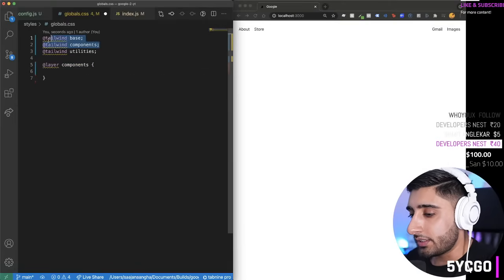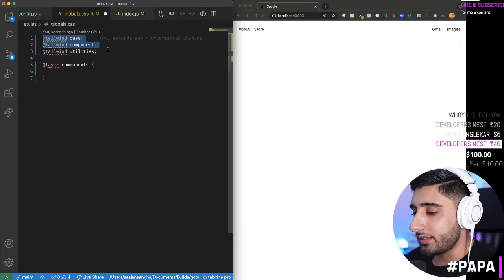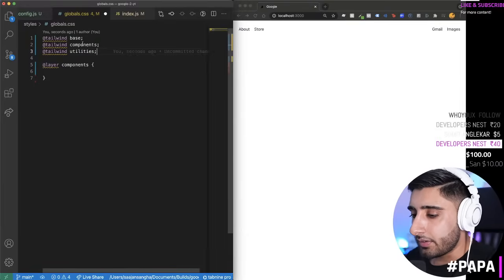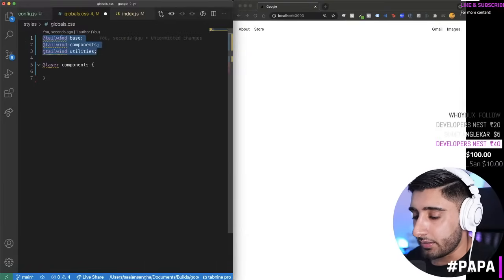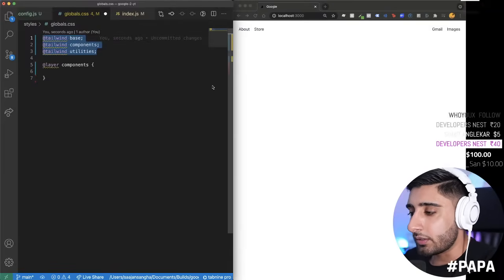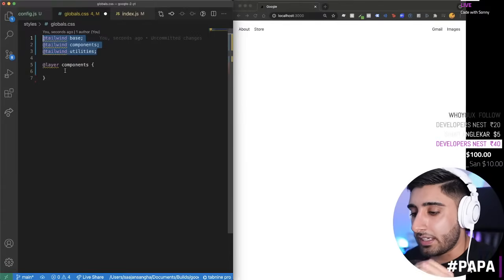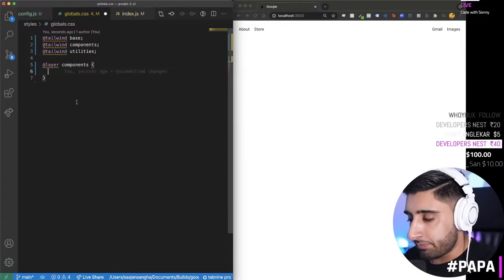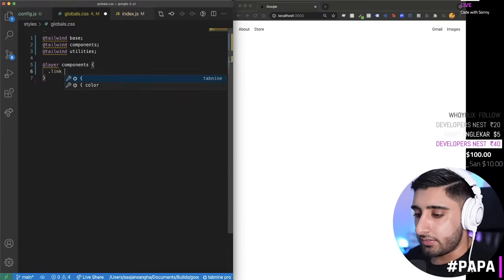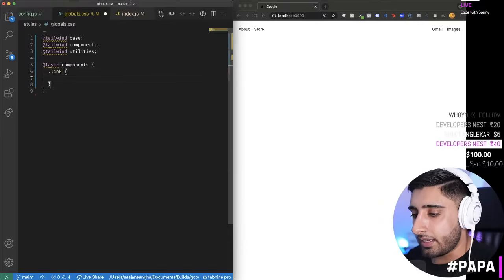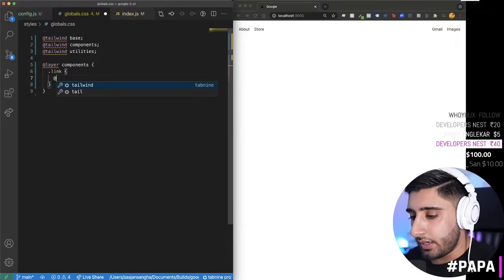You can watch the Tailwind CSS video if you want to understand that a little bit more. But basically these are the base classes that it comes with when we install Tailwind, the classes that they give us, the ones that I'm using, all those fancy p-5 and all of that stuff. But I'm going to inject my own into the component layer. And here I want to have a link class. The way I can apply class names here is all I have to do is type in @apply,